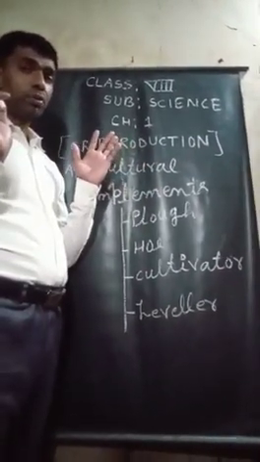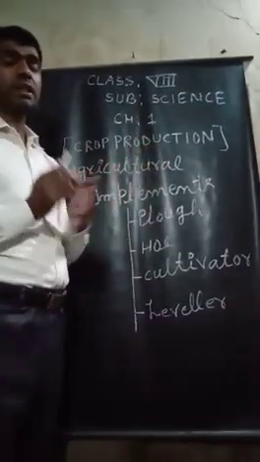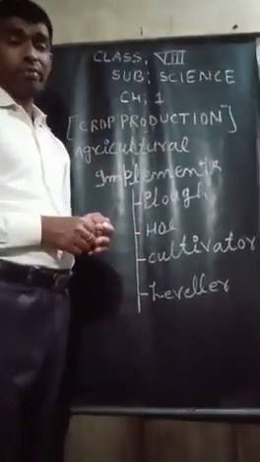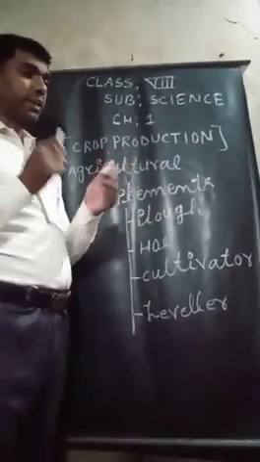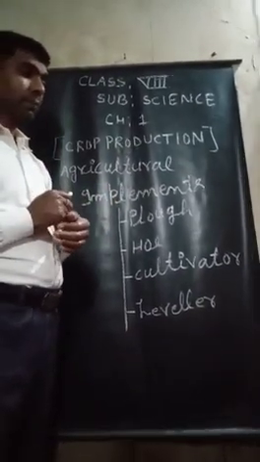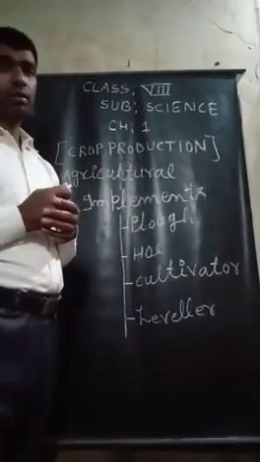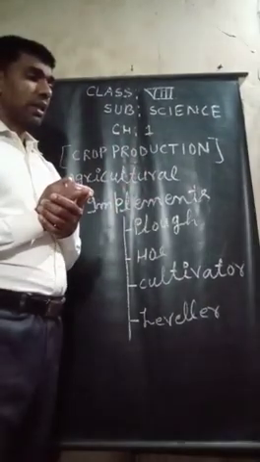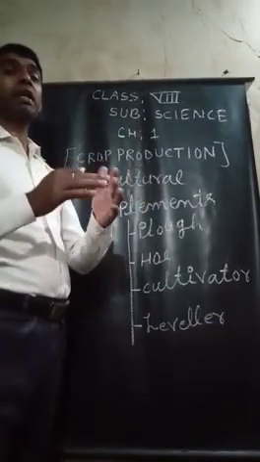Now I am going to tell you the points to be kept in mind while sowing seed. While a farmer sows seed in the field, what points should be kept in mind? First point, seed should be of good quality and healthy. Second point, seeds should be sown at the correct depth in the soil. The correct depth varies from crop to crop.